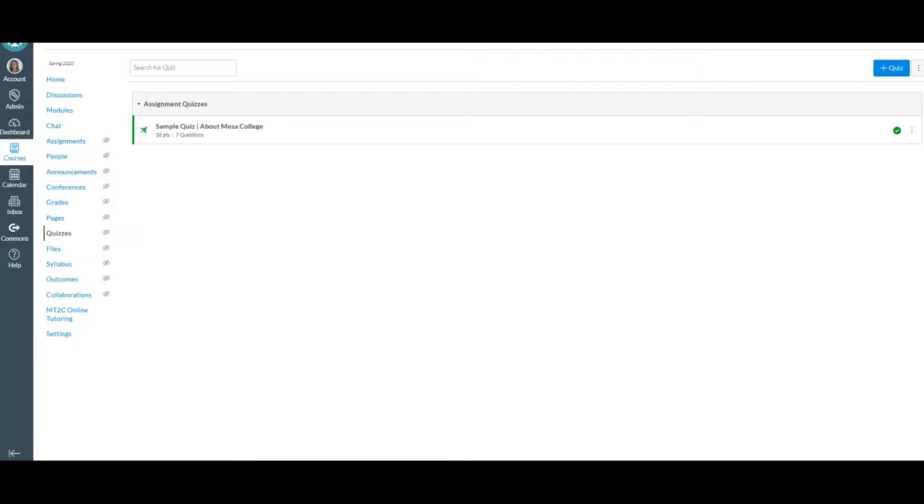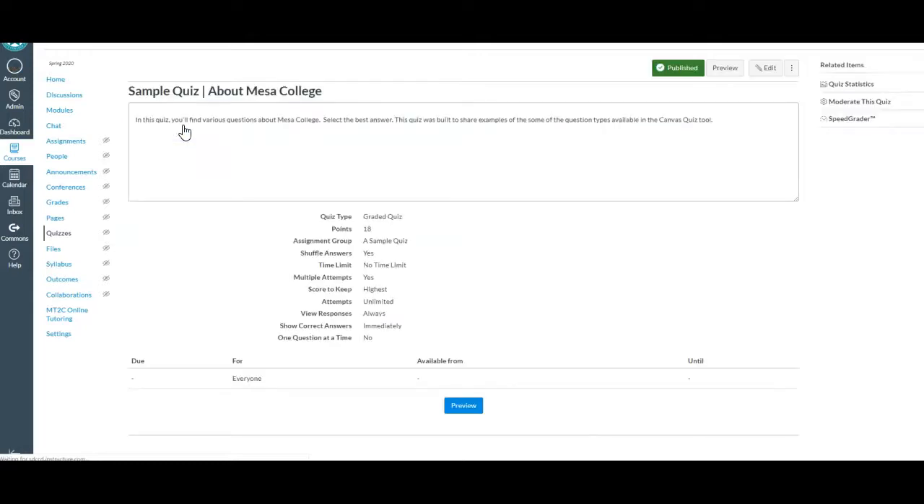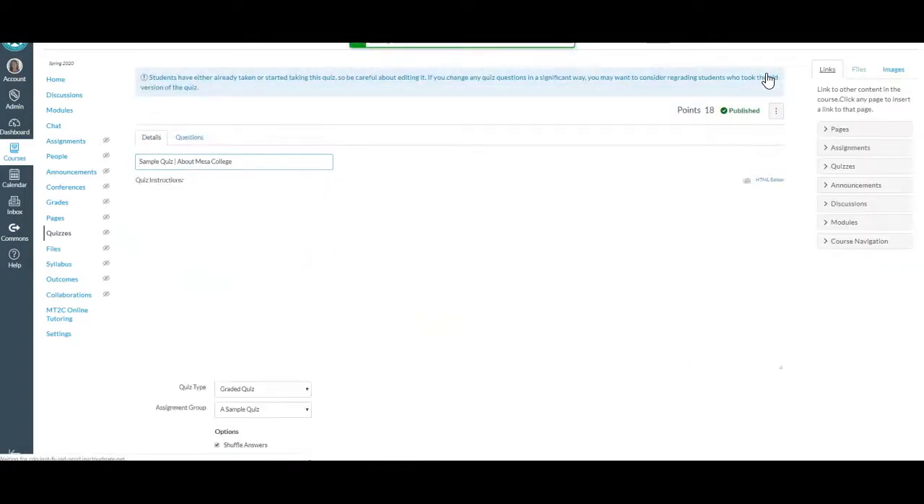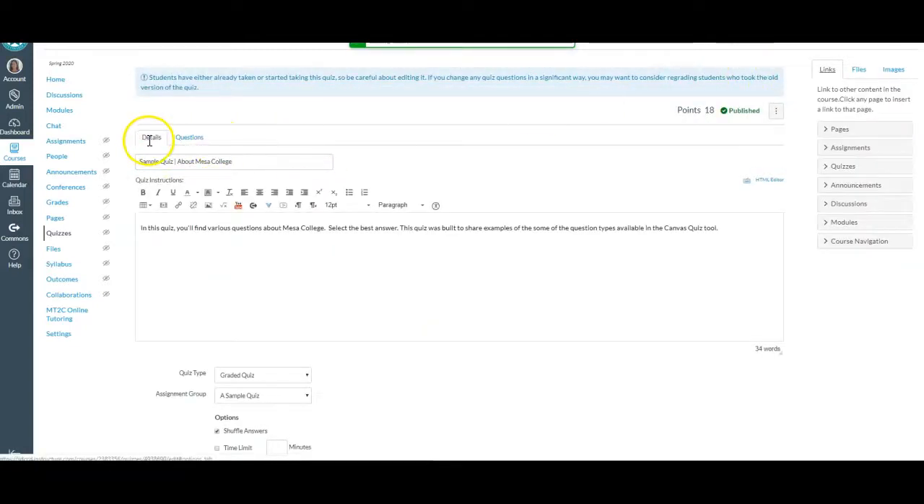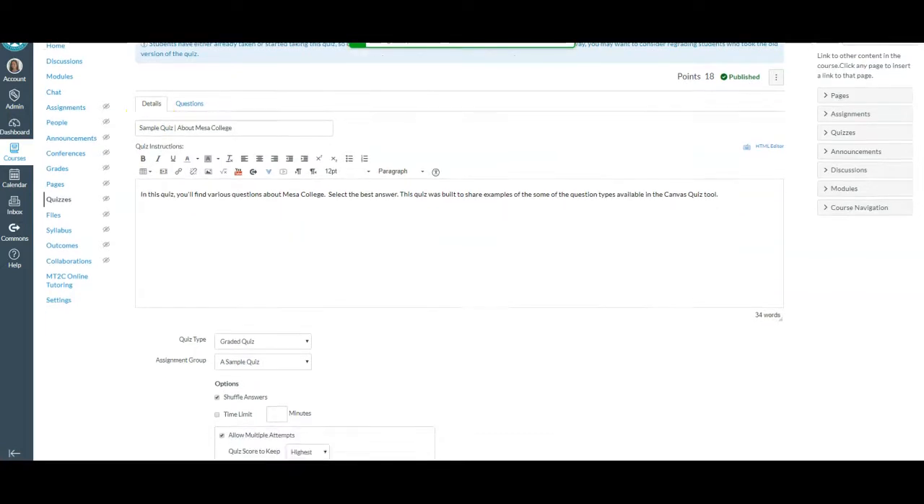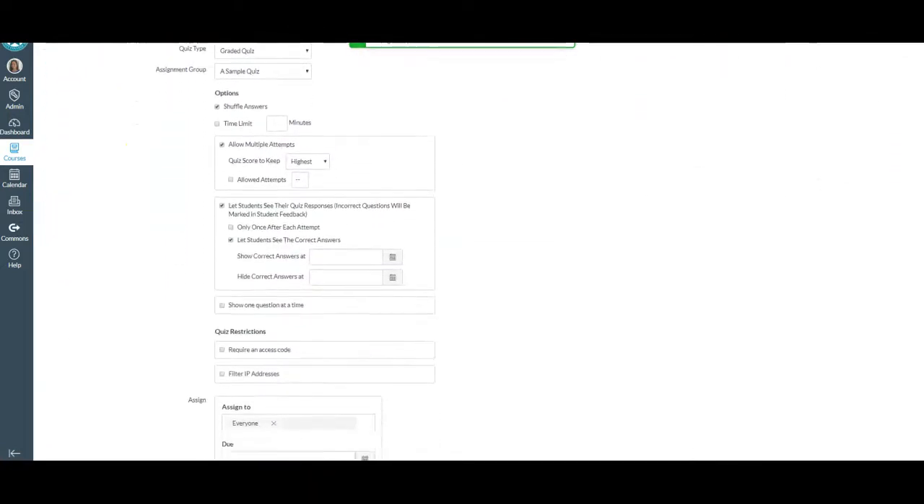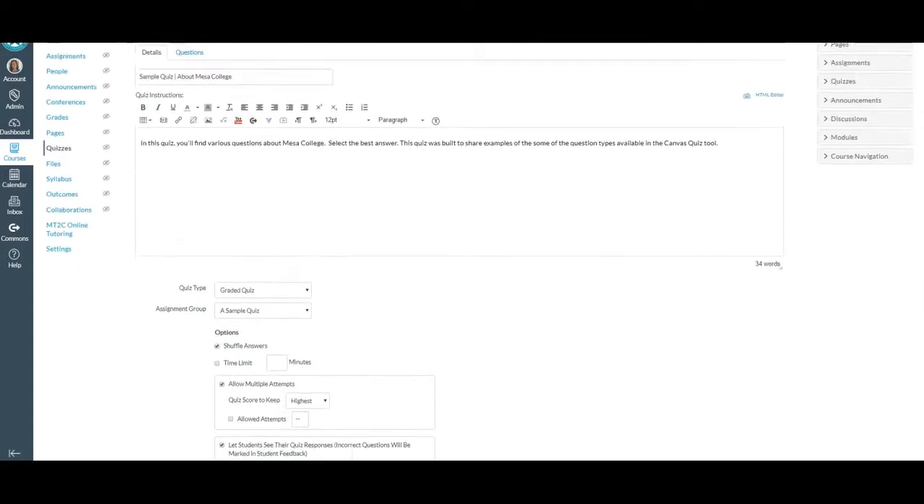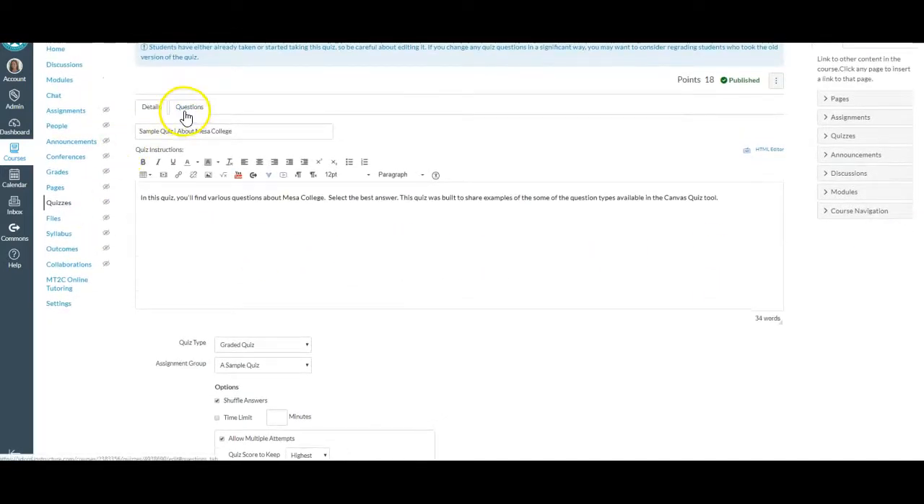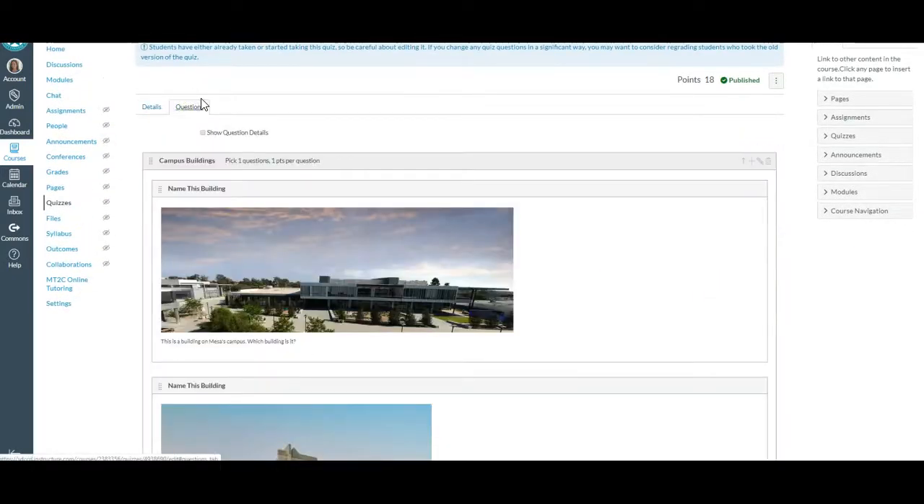in the Canvas quiz. So I'm actually in a demo course right now in our temporary remote teaching shell. You can find a sample quiz in that shell, this About Mesa College sample quiz. And if I hit edit for this quiz, it's going to allow me to make changes both to my details. So I've got the details tab with the timing and the dates and the settings for the quiz. But I've also got the questions tab up at the top,